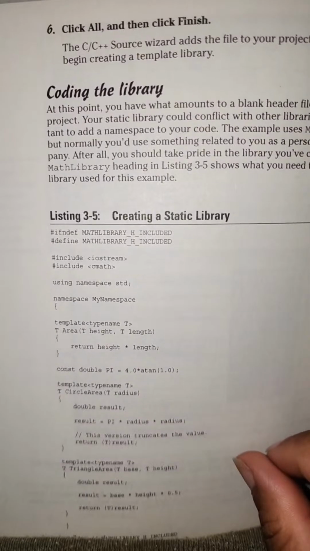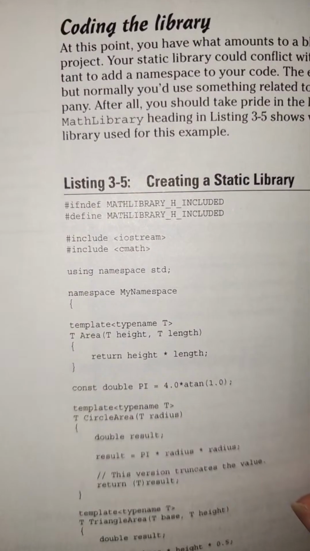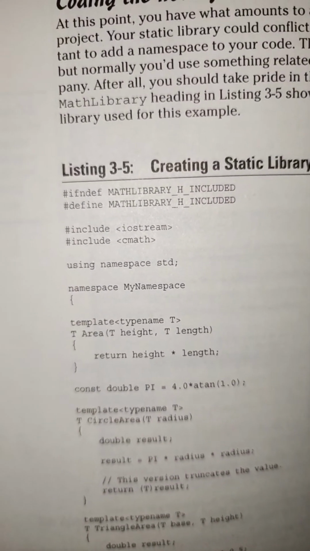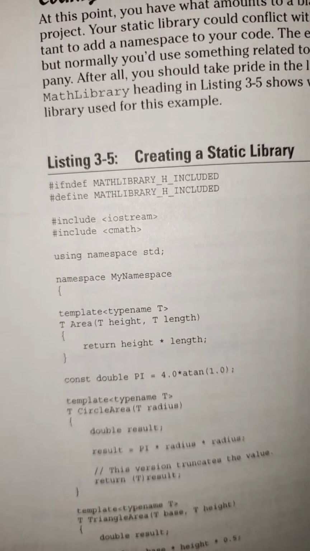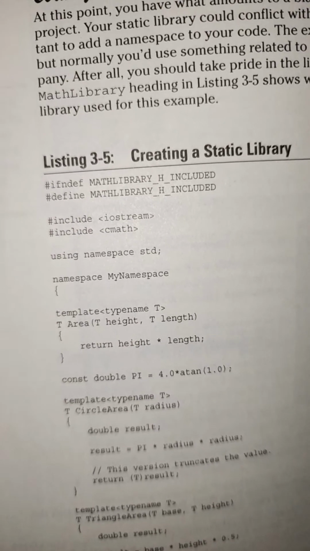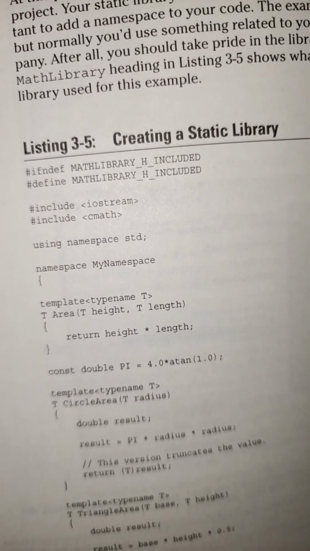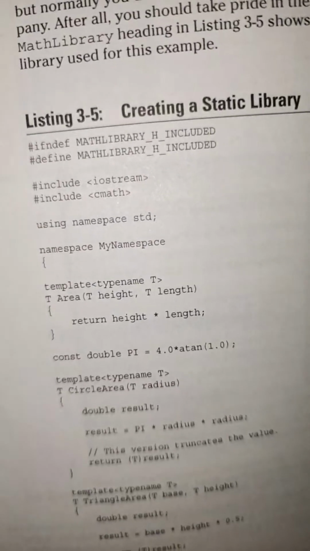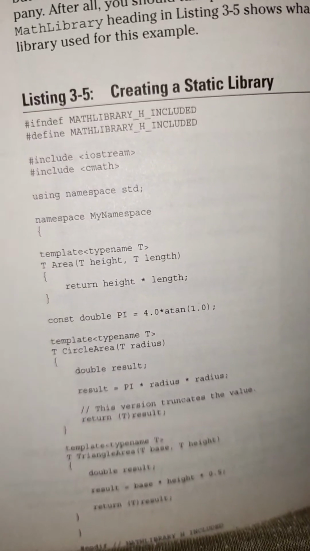Listing 3-5, creating a static library. #ifndef MATHLIBRARY_H_INCLUDED #define MATHLIBRARY_H_INCLUDED #include <iostream> #include <cmath> using namespace std; namespace MyNamespace { template<typename T> T area(T height, T length) { return height * length; } const double pi = 4.0 * atan(1.0); template<typename T> T circleArea(T radius) { double result = pi * radius * radius;